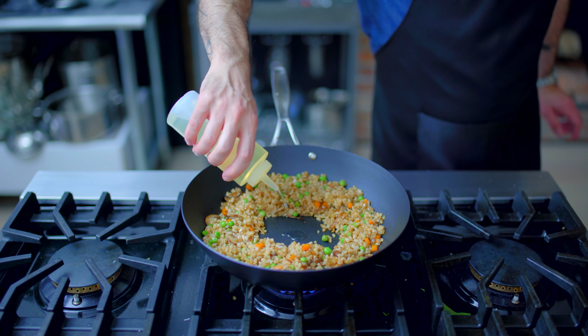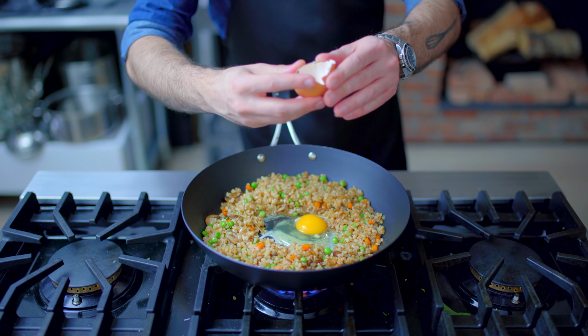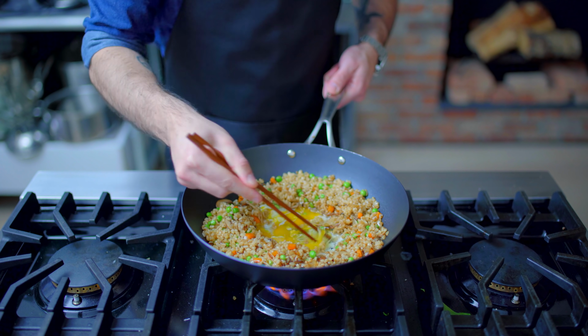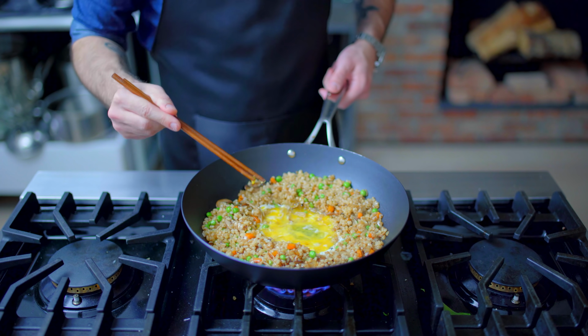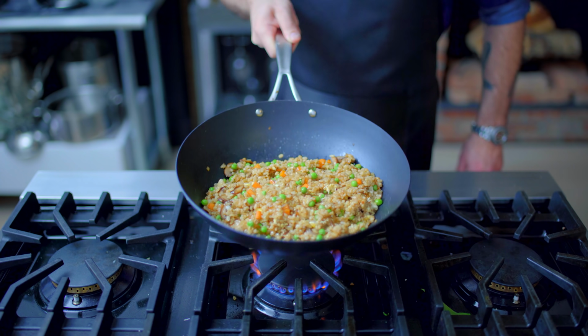And then final step, we're scooting everybody to the outside of the pan again, hitting it with a little bit more vegetable oil and cracking an egg in the center. Scoot that around a little bit with a fork or some chopsticks, and once it's cooked completely, toss it in with the fried rice. And there you have it, a super easy dinner that takes like 15 or 20 minutes